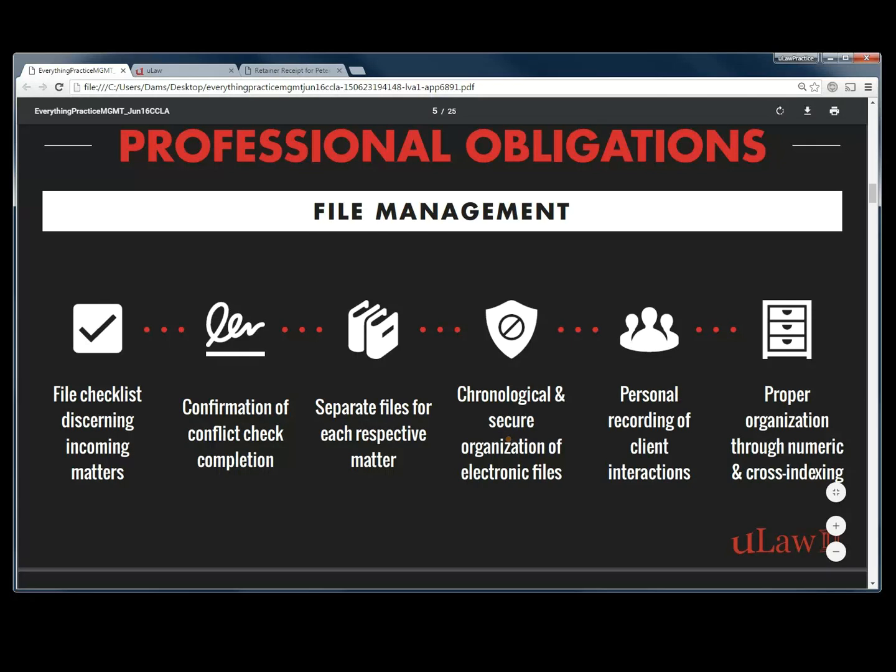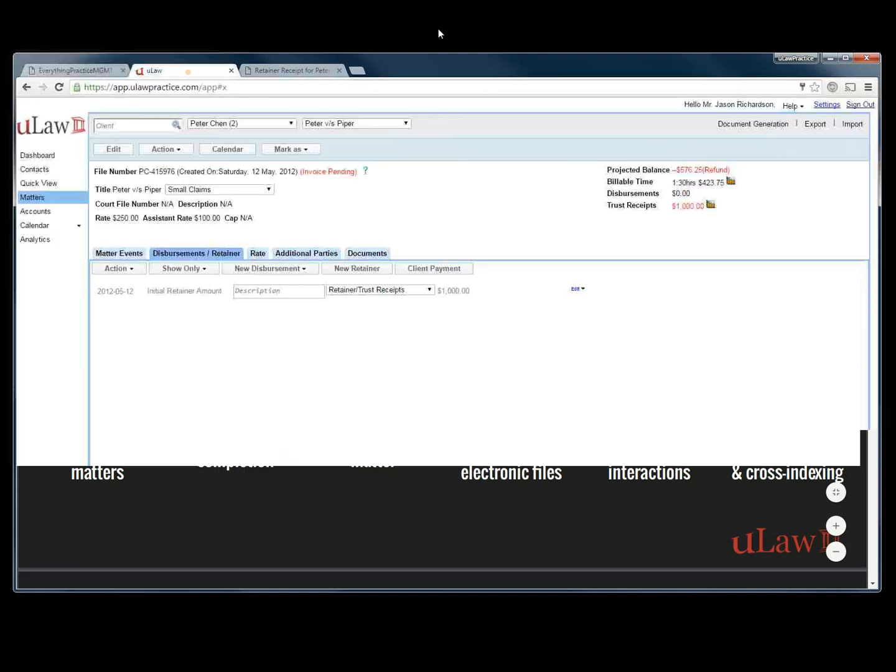Confirmation that the conflict check was actually completed. You want to make sure that you did it and you indicated that you have actually completed it. Always make sure that you have separate files for each matter that you represent. Clearly in this,